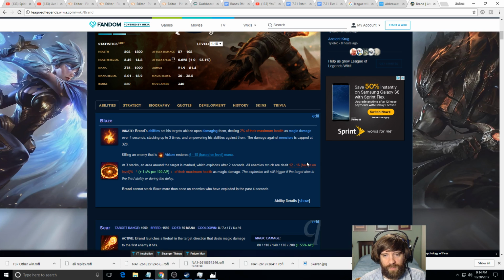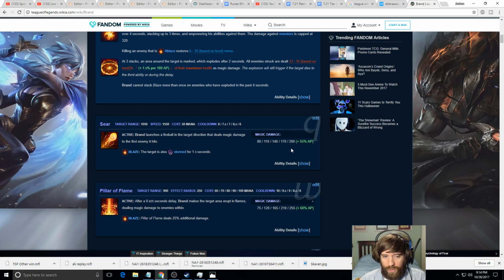But he does maximum % damage every time he hurts people. And when he stacks up to 3, it does a lot of damage. So basically, he has really high base damage. His spells themselves don't do a ton. They're okay. But you need to combo them together, which costs a lot of mana. So you need to hit 3 spells to get your maximum damage on people, which usually means Pillar of Flame,